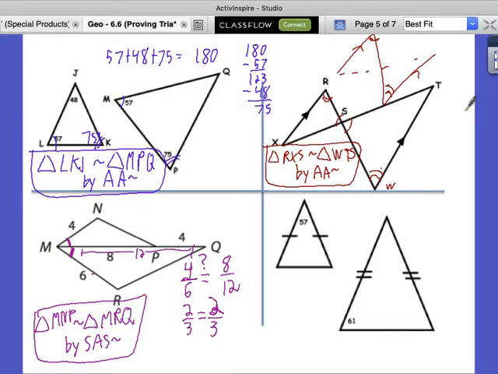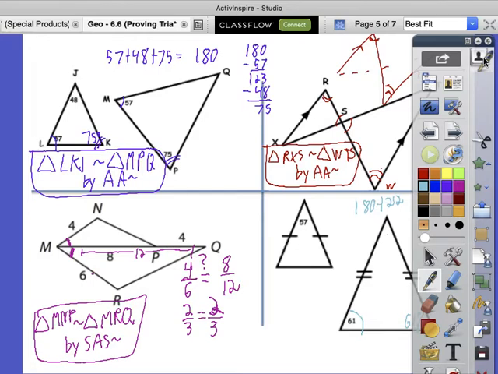What kind of triangle is this one? Isosceles. How do we know it's isosceles? Because two sides are congruent. Now what else do we know is true about isosceles triangles? The base angles are the same. So this angle is 61 degrees, so this angle must be 61 degrees, right? So could we figure out this angle up here? By doing 180 minus 61 and 61. What is 61 plus 61? 122. So if we take 180 minus this 122